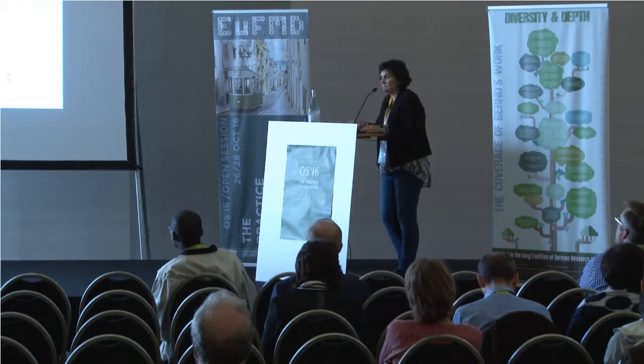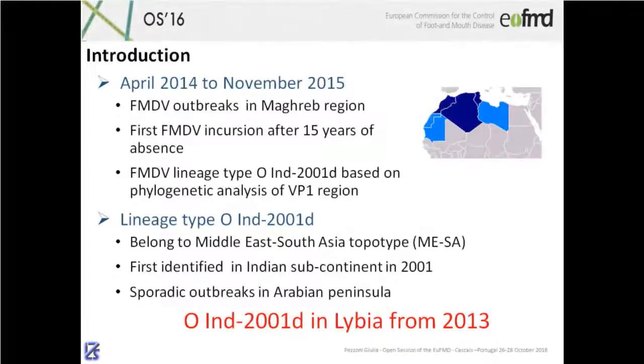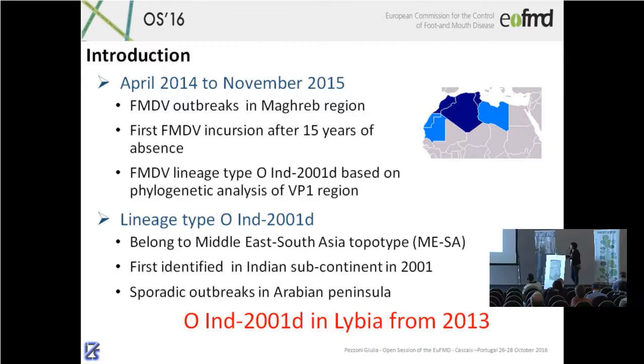From April 2014 to November 2015, FMD outbreaks occurred in the Maghreb region. The Maghreb is located in North Africa, and it is constituted by 3 different countries: Tunisia, Algeria, and Morocco. This was the first FMD incursion after 15 years of absence, and the phylogenetic analysis based on VP1 region revealed